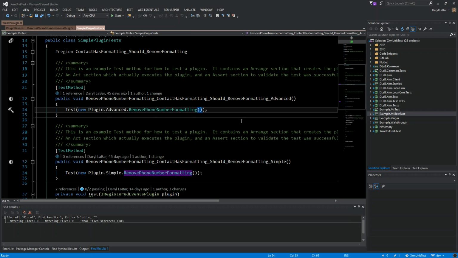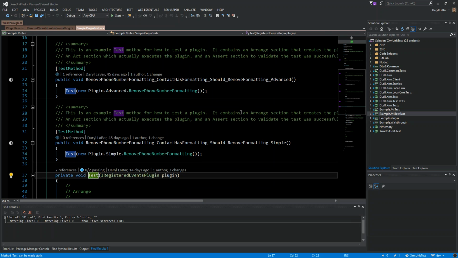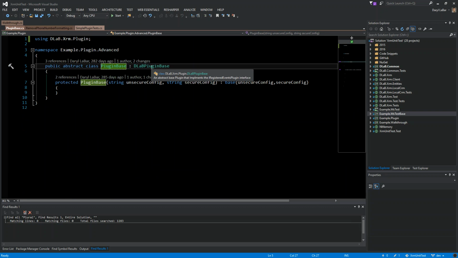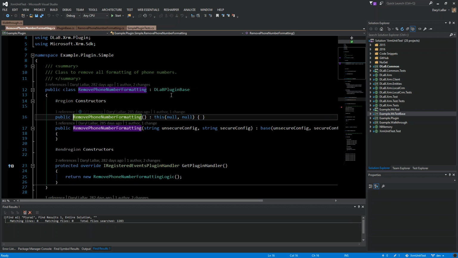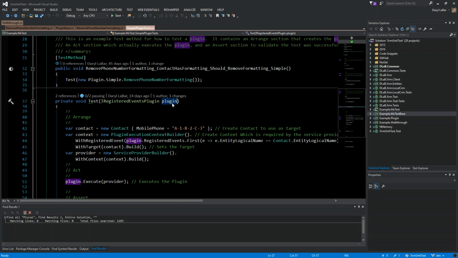Oops, I went in the plugin. I have an advanced and a simple here. The advanced is the plugin is advanced in that it's inheriting from a plugin base that's in the middle rather than directly from the DLB plugin base. So that way you can add whatever defaults you want to add to your plugin base. The simple one here, it's just straight from it. That's the only difference. Our test is our plugin here, and it's an IRegisteredEvents plugin, so that's an event that's in the actual plugin